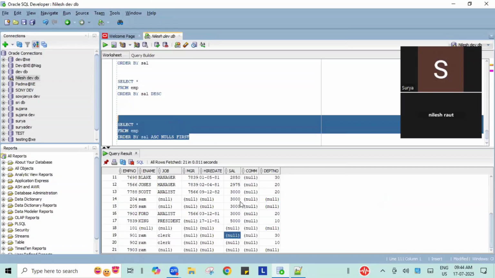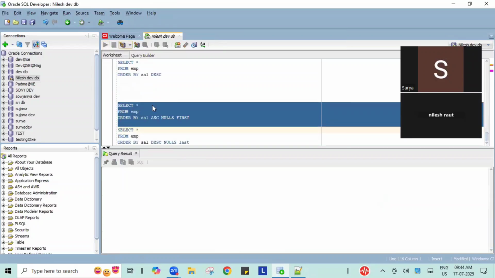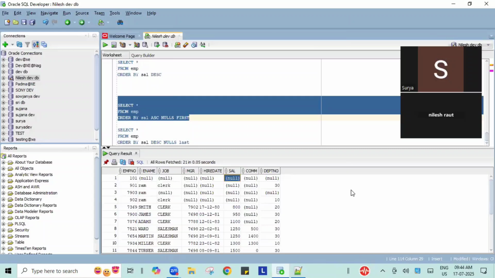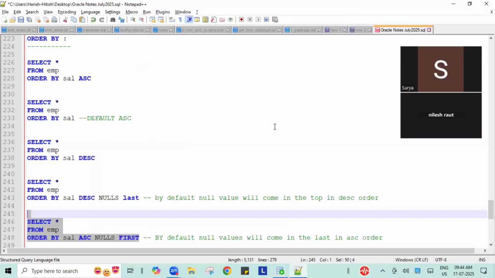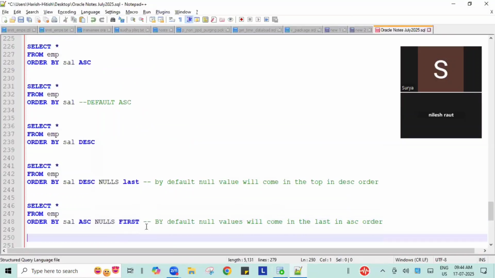Okay, so already now we can see this in the down. Now I am executing, it will come to the top. You can see now null came to the first and then started with 800. You got it right. What is the difference between nulls first and nulls last? One last thing here is,